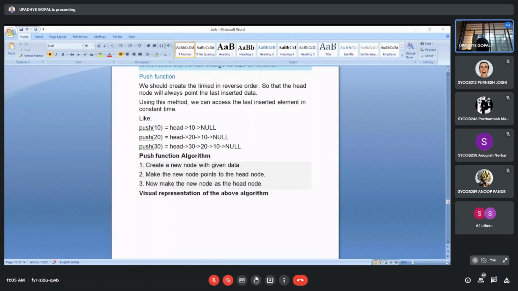Yes, Mugdha, roll number 32. I want to insert 3 elements, 10, 20, and 30. For that, I am following this algorithm. One step is not shown in it. Which step is that? What is the assumed thing? That is my question. Sir, the first node should point to null. Correct. 100% correct.